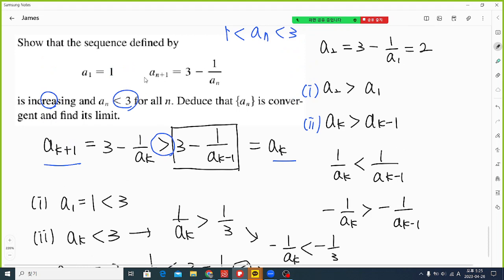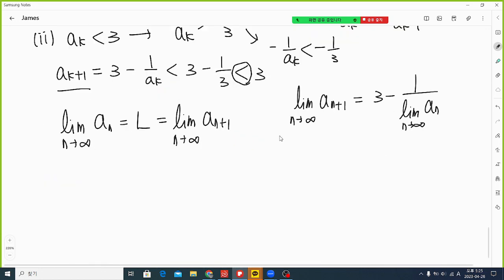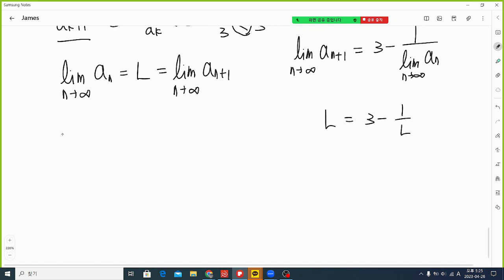When you take the limit to both sides, we can change this limit value both to L. So that means L is equal to 3 minus 1 over L. If we multiply L to both sides, we have this quadratic equation. So when we solve this equation using the quadratic formula,